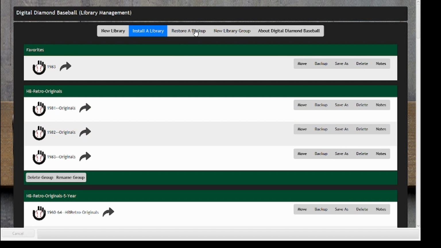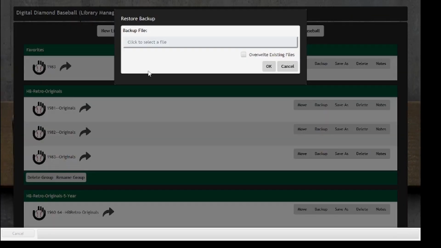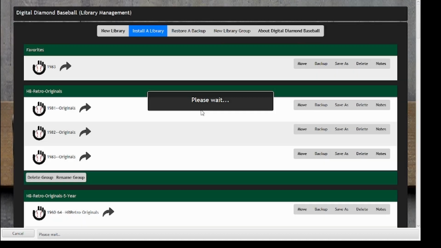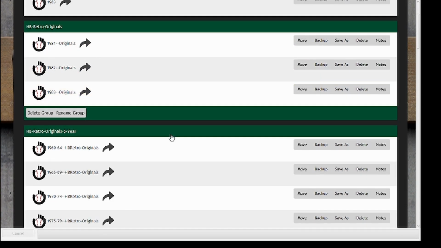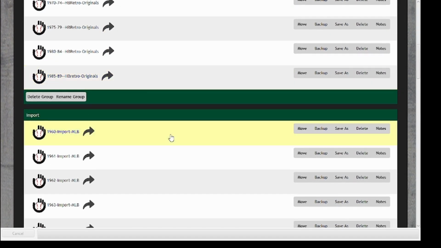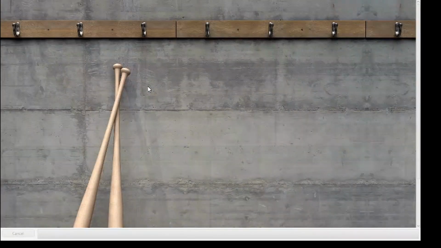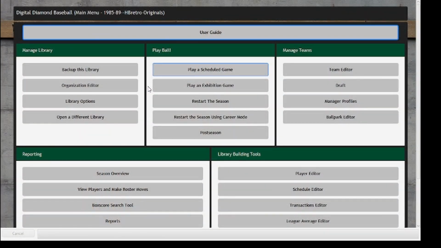Okay, so we're going to pull up the backup from season 3. 8503, open, double-click on that, overwrite existing files. Obviously, you never want to overwrite existing files until you're sure that you have a valid backup. We're going to load that library. And let's pull up the